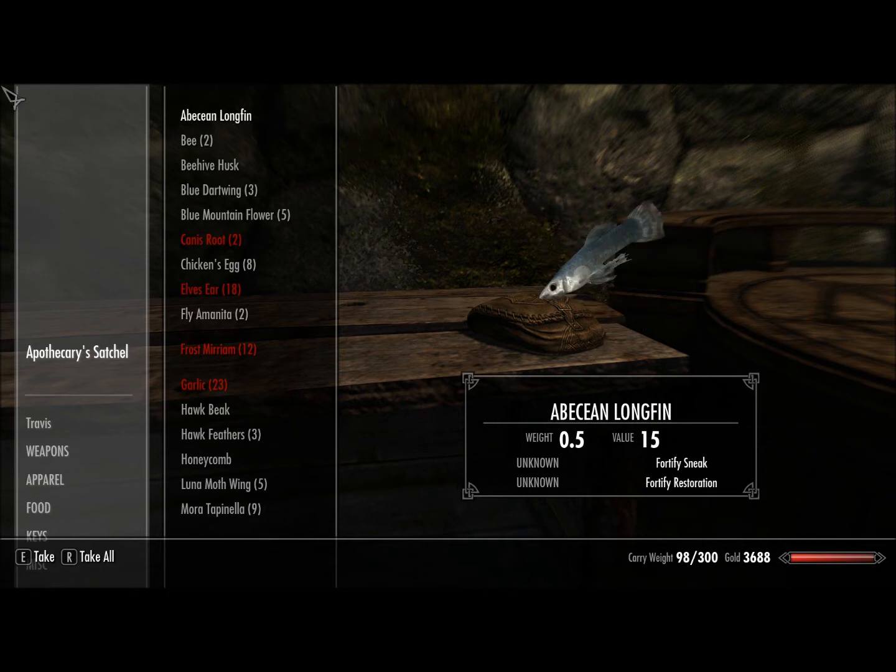1 Abetian Longfin, 2 bees, 1 beehive husk, 3 blue dartwing, 5 blue mountain flower, 2 canis root, 8 chicken's egg, 18 elf's ear, 2 fly amanita, 12 frost miriam, 23 garlic,